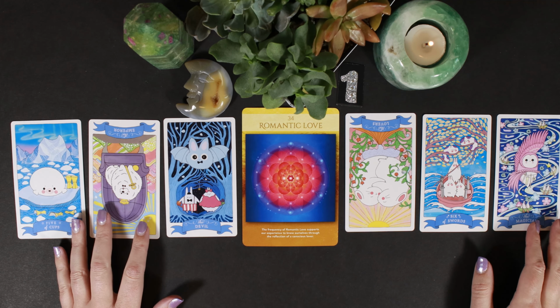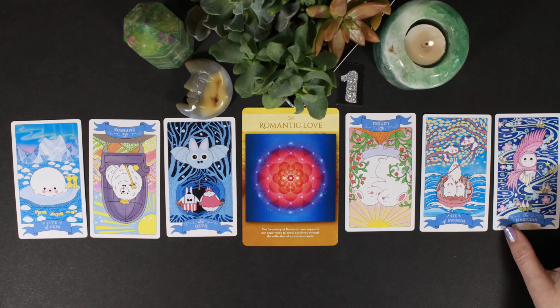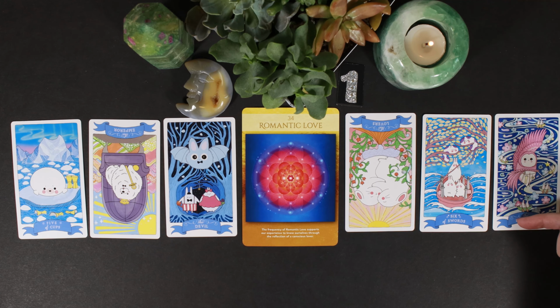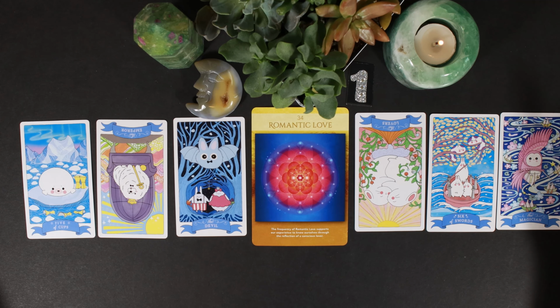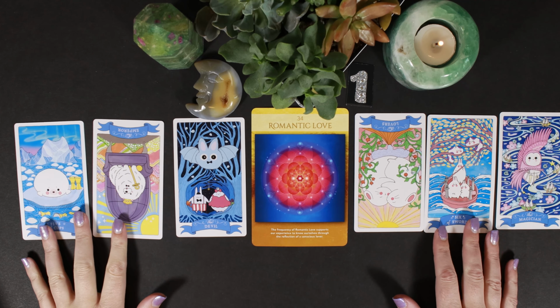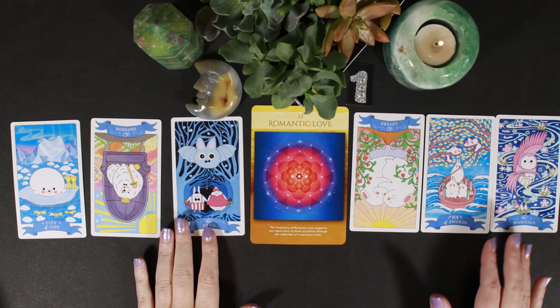And then the Magician here comes in. This is beautiful, really. The Magician is you standing up. I love that we've got even the little bunnies in boats swirling around this Magician. I don't always see the Magician really associated with the 6 of Swords here. But in this particular deck, we've got these bunnies going with the flow. They're allowing. They're not fighting it anymore. And I really feel like,